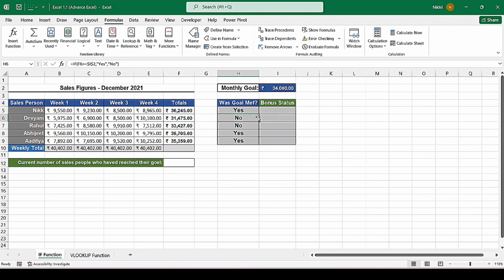Now drag it down like this. The answer will be the same, because the target name is an absolute reference. Just to check that target came in the rest of the cells or not, we will double click in the H6 cell. See, instead of the I2 cell, target is written over here. So like this we have used the IF function, and with the IF function we have used a named range also. Try this IF function in your Excel worksheet, and I will see you in the next video.